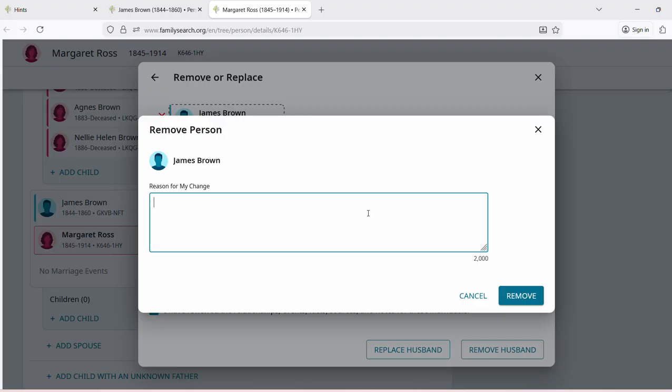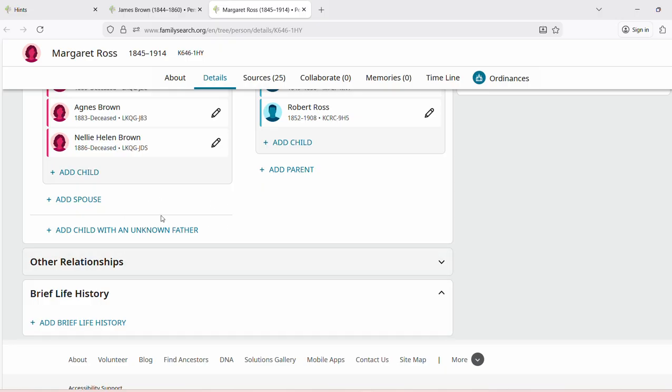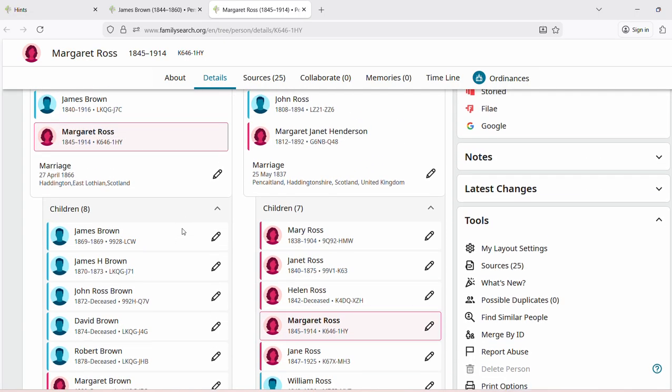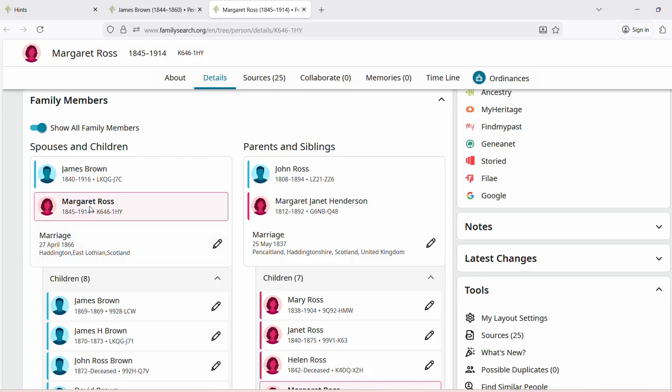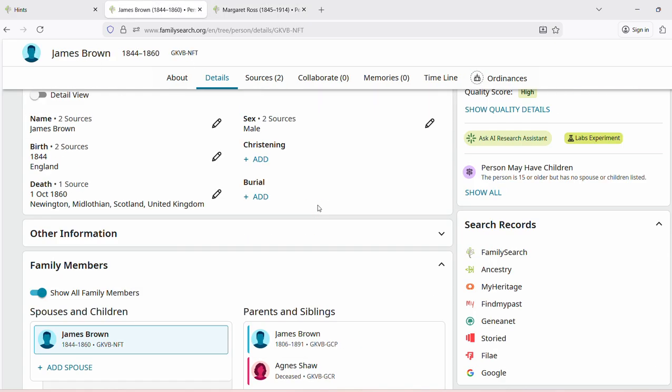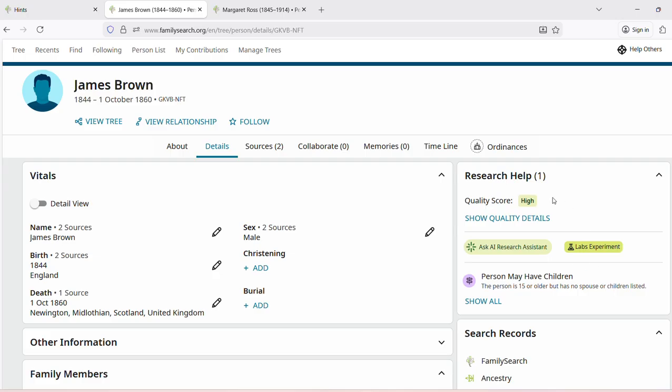And I'm going to put this James was single and 16 when he died. End of story. That's all we need. You can be more elaborate if you want, but as long as you get the point across. I'm going to push remove. He disappeared here. Margaret is still married to a James Brown. I'm going to go back to this James Brown, and all of those